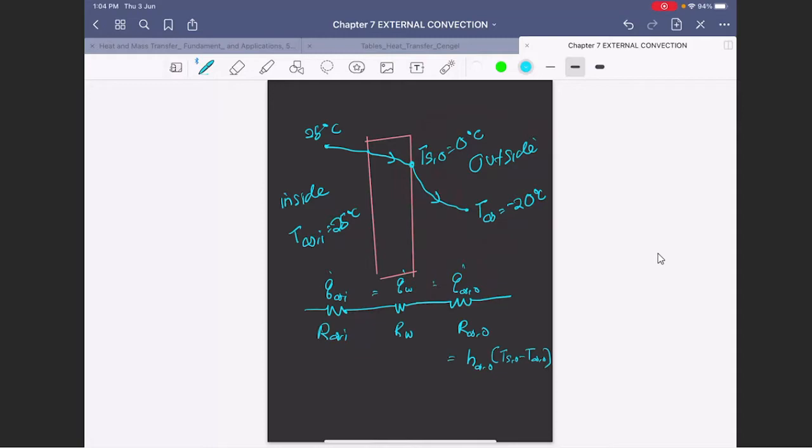k times T surface inside minus T surface outside, divided by delta X. This is delta X, the thickness of the windshield, which is equal to, for the inside, H times T